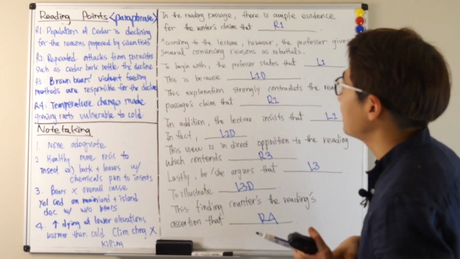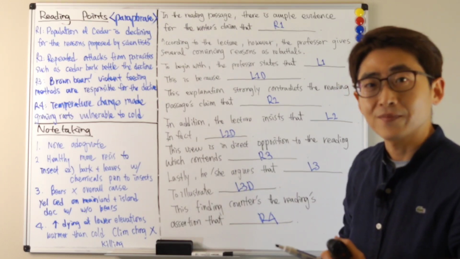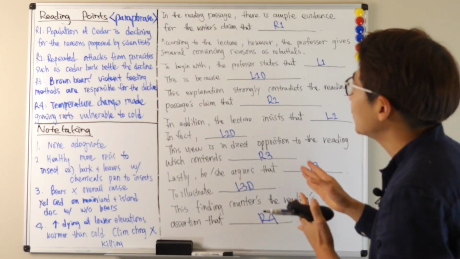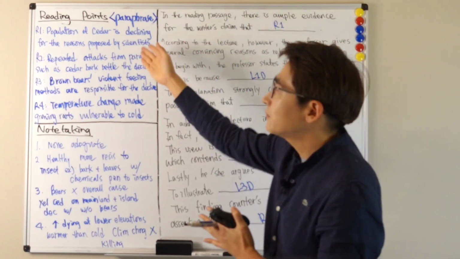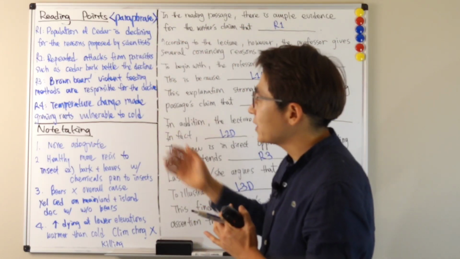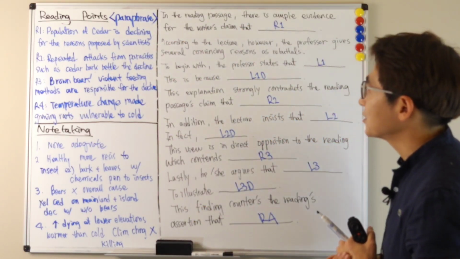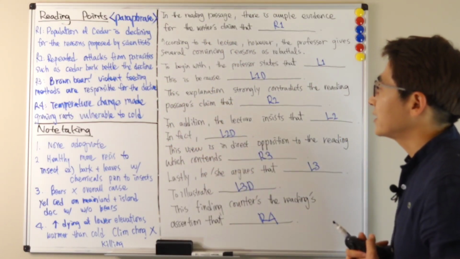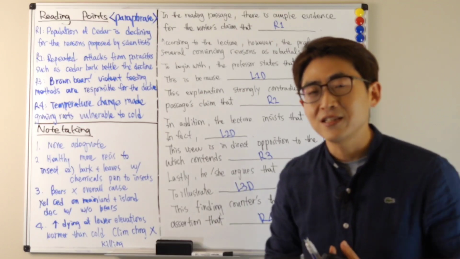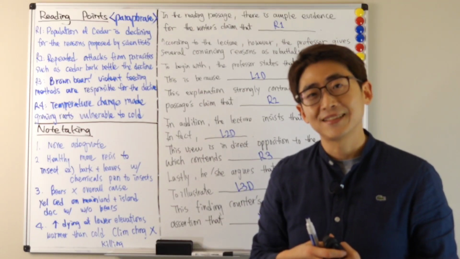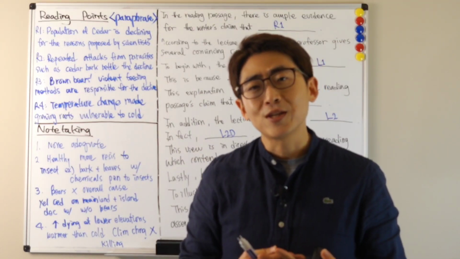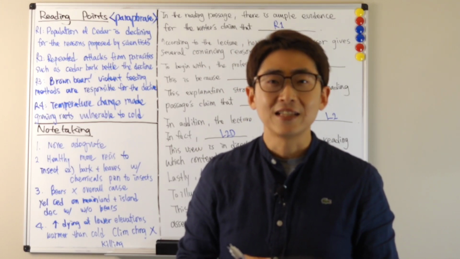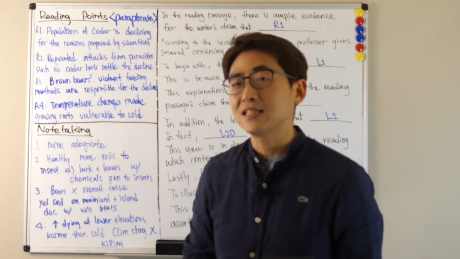Okay, let's give it a try. Right now, we have the template, we have our perfect paraphrasing, and now we have our note-taking. And just by adding these three things together, we can get a perfect score in our integrated section of TOEFL writing. And now all we need to do is to punch this data into our template to complete the